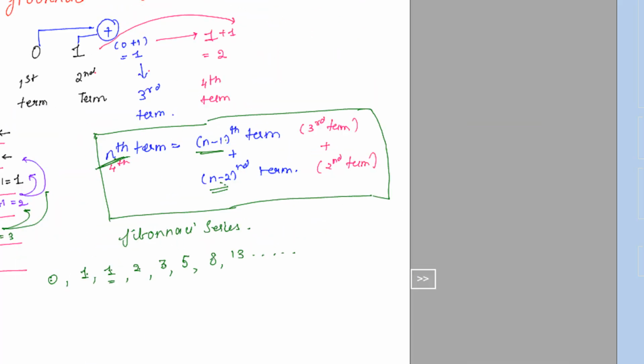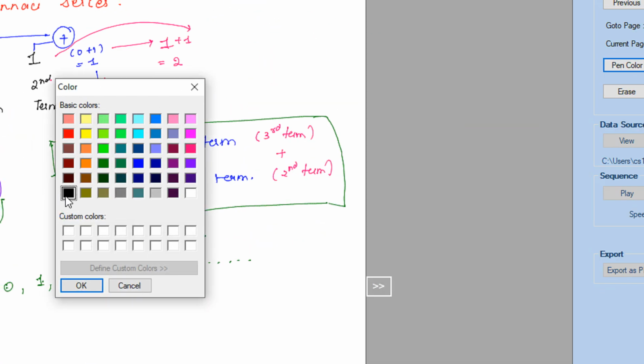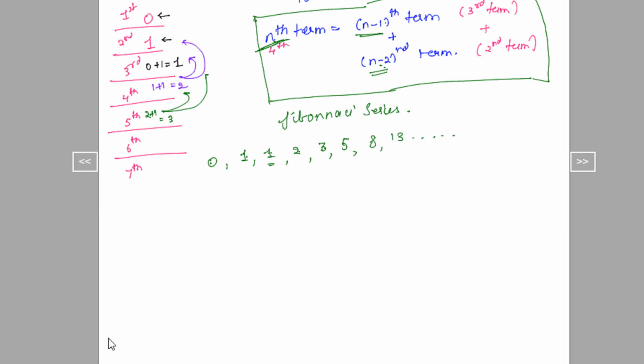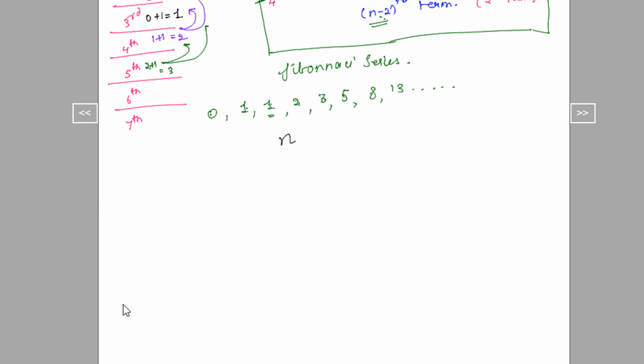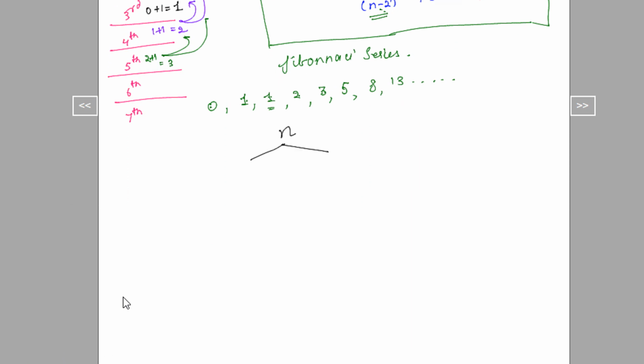If you expand this, the nth value is a summation of n minus 1 and n minus 2. Now this is again an n, so this n will depend on its previous values.